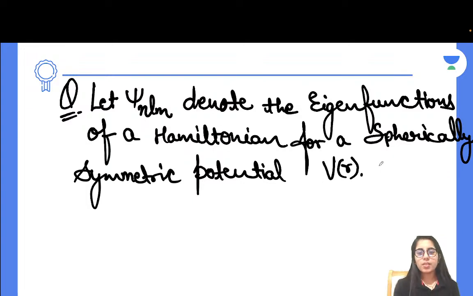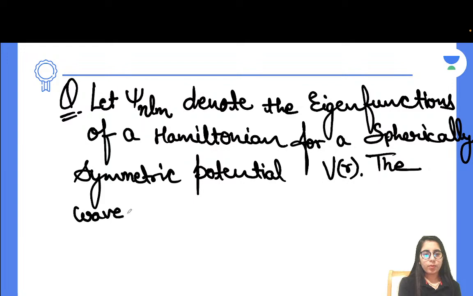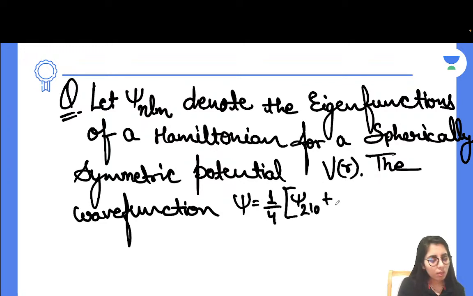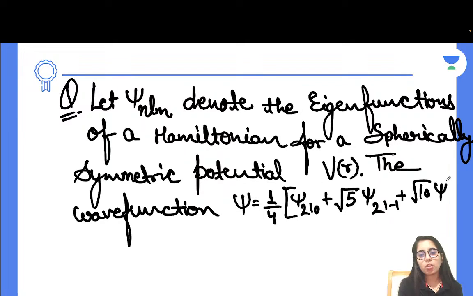The wave function ψ, which is equal to 1 over 4 ψ210 plus root 5 ψ21-1 plus root 10 ψ211, is an eigenfunction only of